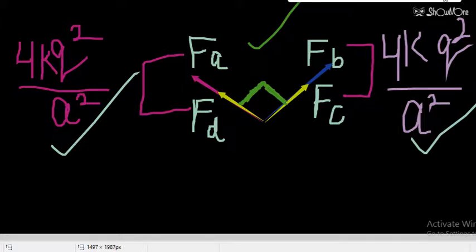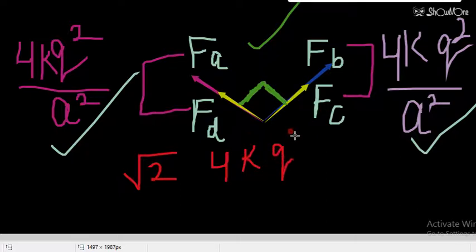each other. So the resultant will be, the cos theta term will be equal to 0. So 4 4's are 16, under root, you can say under root 2 times the resultant 4k q square by a square. So this is the net force that we will get at point O for the second case.